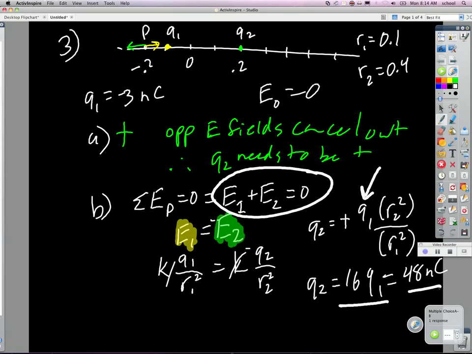Okay, there's the electric force on Q2. What is the only thing that could exert a force on Q2? Q1, that's it. So you just use K Q1 Q2 over R squared. And that's going to be K, Q1 was 3? Okay, and then it's absolute value, right? So it doesn't matter. So that's 3 nanocoulombs times 48 nanocoulombs over,